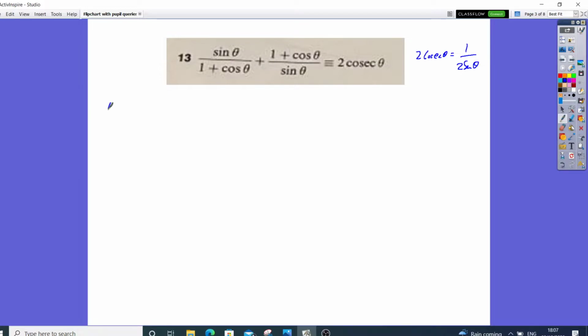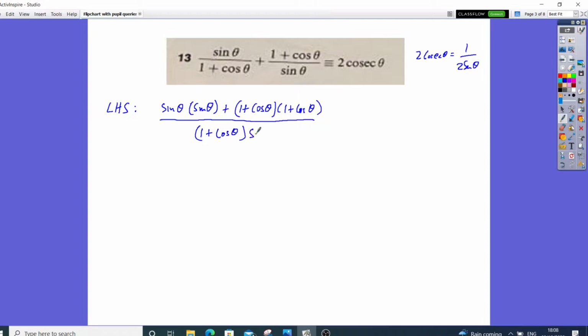So I'm going to say left hand side, I'm going to cross multiply. Okay, so I'm going to get sine theta times sine theta. Then I'm going to times this by here, so I'm going to get 1 plus cos theta times by this denominator, 1 plus cos theta. And this is going to be all over, which is now the common denominator, 1 plus cos theta over brackets